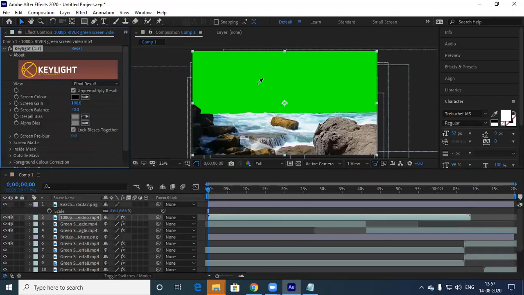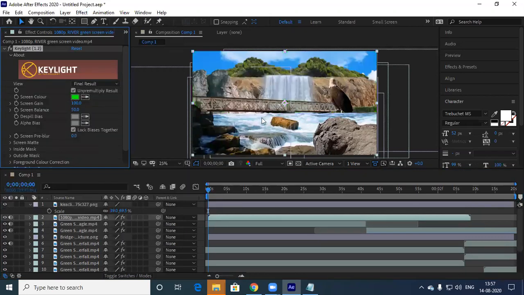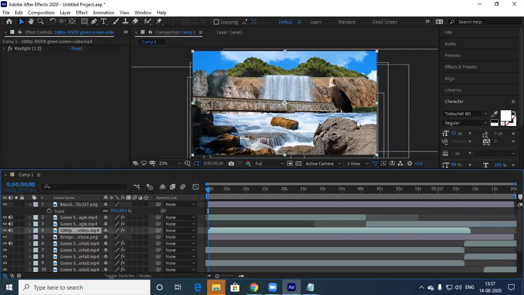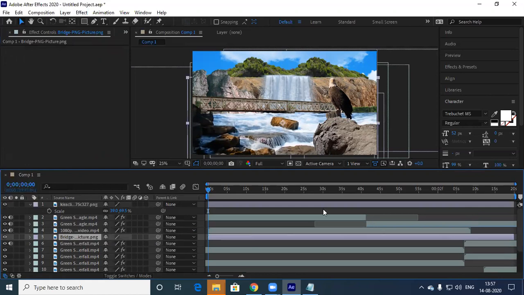Then remove the green color. Guys, look how does this. Okay. Now eagle is there. I want this to be behind the vehicle. Okay. Now this bridge. You can lift this bridge a bit up.